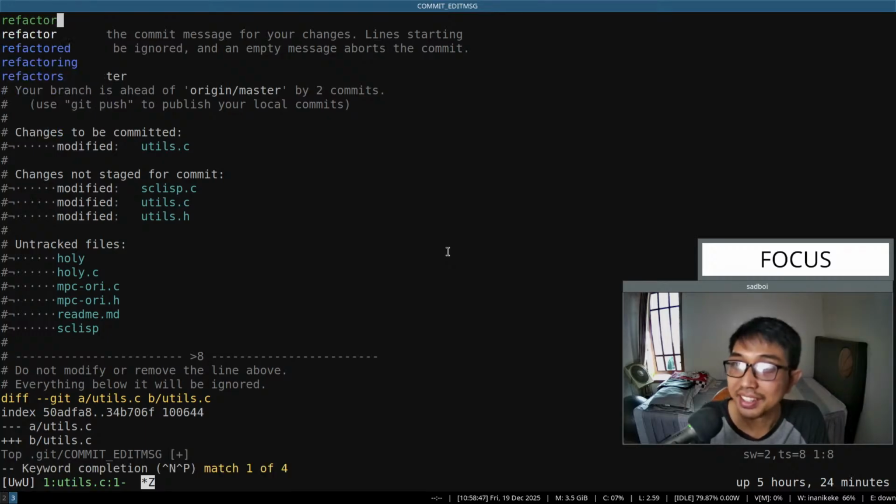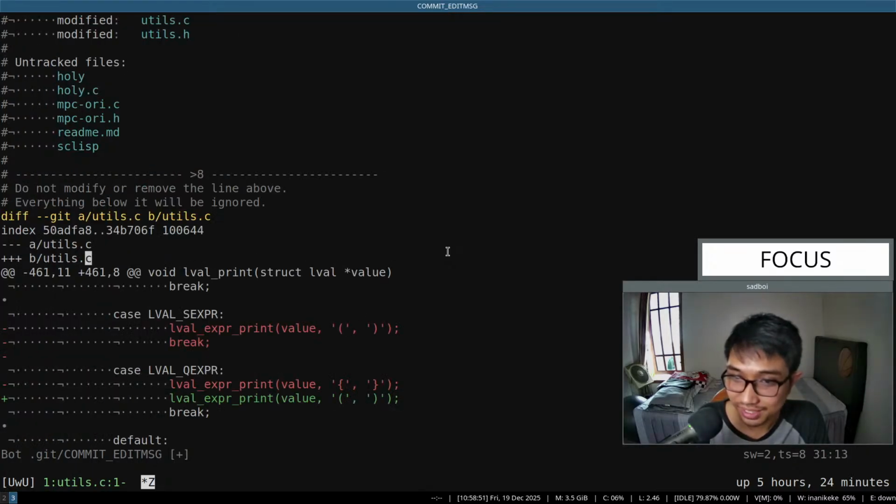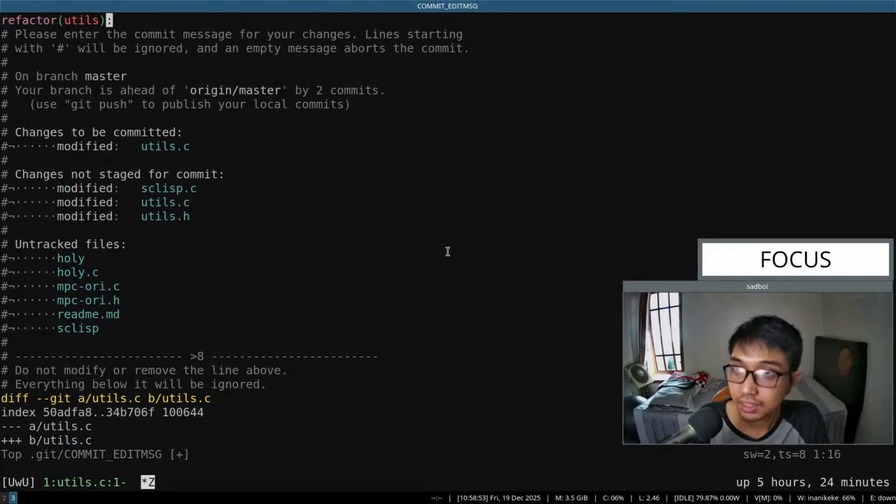Replace refactor utils. Print out the same expression for, what is it called? Expression and